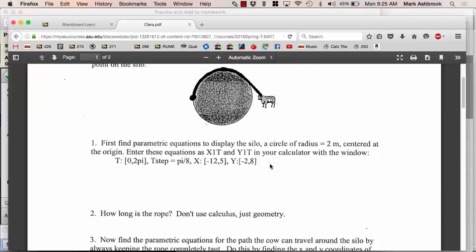Then when you hit the y equals button, it's going to let you put in parametric functions. It'll do x1, y1, x2, y2. So set it to parametric, then go to y equals. You'll see that now you're entering a parametric function as a function of t instead of x. x is a function of t, y is a function of t, to create a parametric function like we've been working on. And then if you go to the window button,